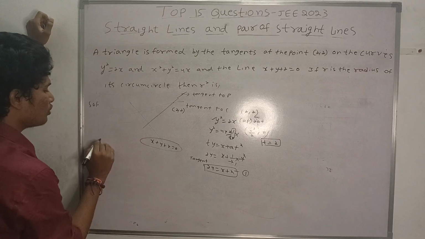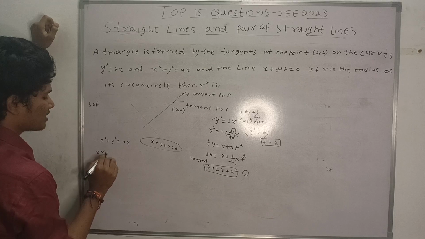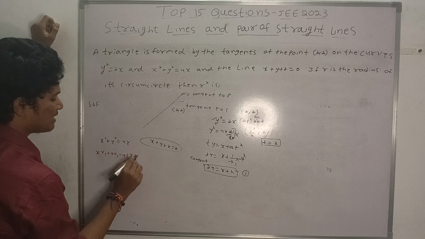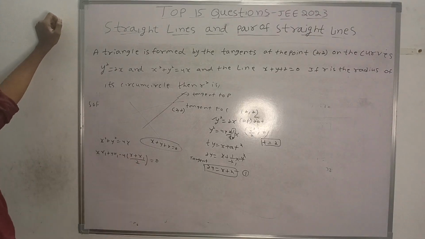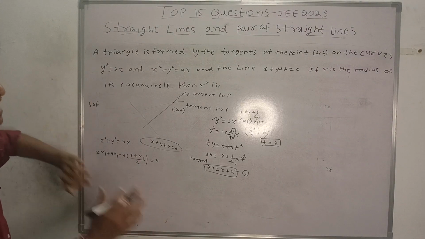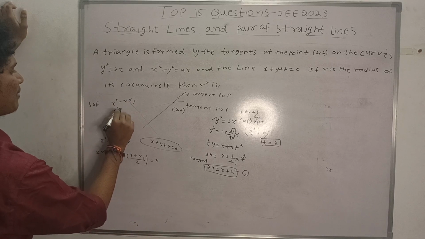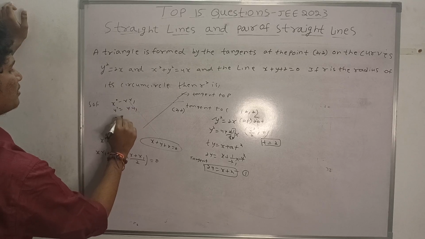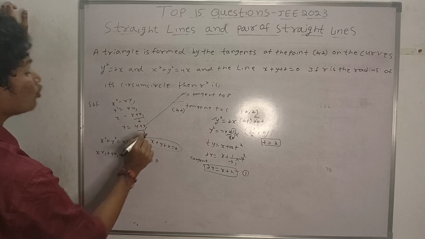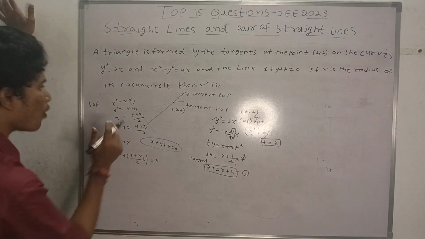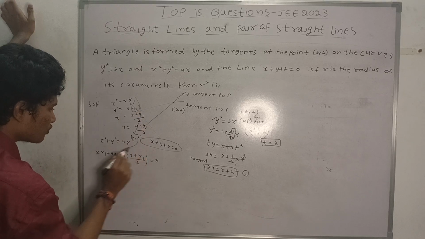And when it is coming to the circle, x² + y² = 4x, that is xx1 + yy1 - 4 into (x + x1)/2. I already explained in the Changemakers batch series that in circles there are some transformations required. x² can be replaced as xx1, y² can be replaced as yy1, x can be substituted as (x + x1)/2, y can be substituted as (y + y1)/2 to find the equation of tangent at the point (x1, y1). But here (x1, y1) is (2, 2) only, so simply I am substituting the point.